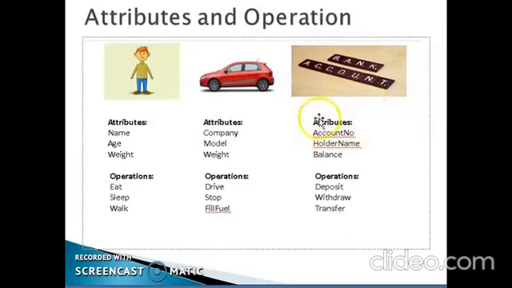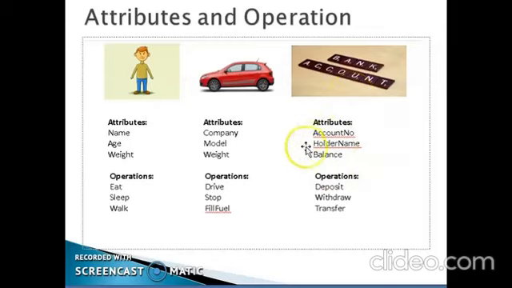What are the features or attributes or data members associated with that? It has an account number which is unique for each person. Along with the account number, I have to mention the customer name as well as the balance, right? There might be many other features also. We have just mentioned a few of the features here, okay?